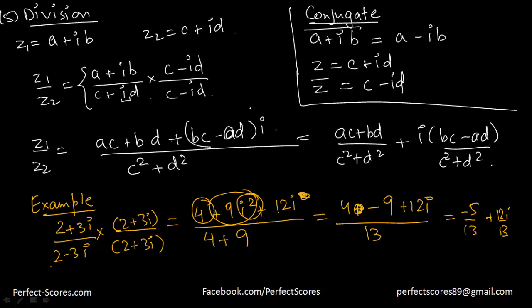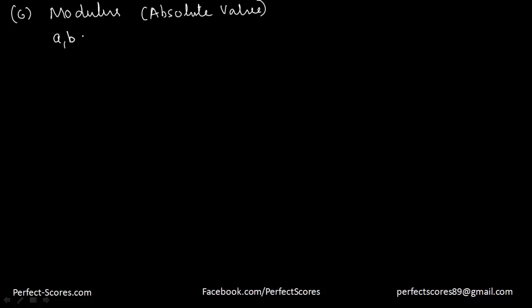Now let's go ahead and find the next property of a complex number. The next property is about the modulus, or the absolute value, of a complex number. We're going to be doing the derivation of this property in future videos. In this property, if you have any two real numbers a and b, and a complex number z equal to a plus ib, then the modulus or the absolute value of z is going to be equal to the square root of